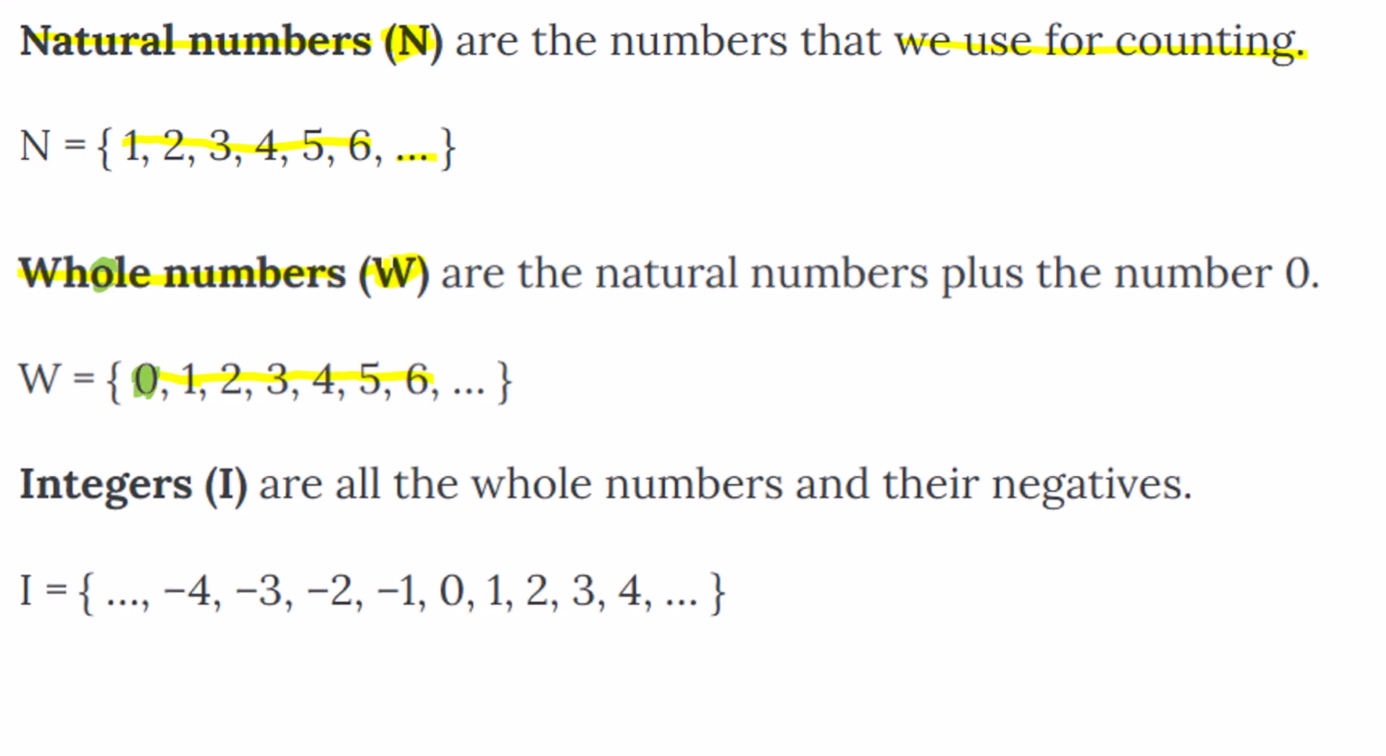So integers would include the whole numbers 0, 1, 2, 3, 4, 5, 6, so on and so on, but integers would also include the negatives. So -1, -2, -3, -4, and so on and so on. So we can indicate that something's an integer with the letter I,